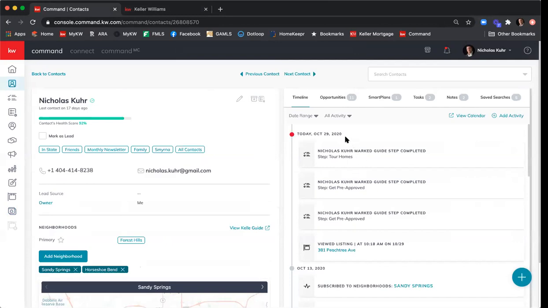I'm going to click on this, and then on the right-hand side of the contact card, you'll see all of their activity from the mobile app. So you'll be able to see your client looked at 381 Peachtree Avenue. Yep. And it's not for you to then call them and say, hey, I saw you look at 381 Peachtree Avenue, and creep them out by being a stalker. But it is good to see what houses they're looking at, because you can say, from our buyer's consultation we had 2 weeks ago, you mentioned that you really wanted a ranch home, but